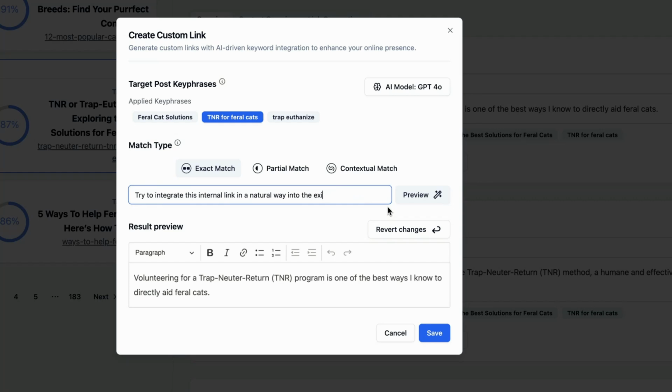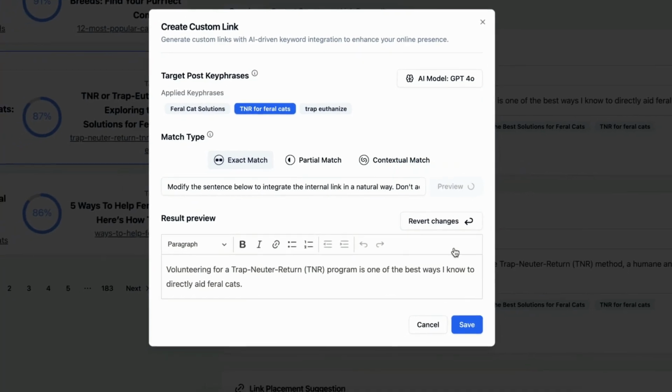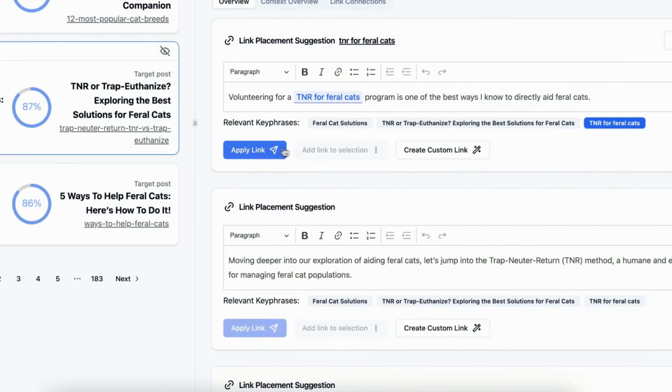Maybe we say modify the sentence below to integrate the internal link in a natural way. Don't add a new sentence. And then click preview again and see what's going to happen. Yes, so it essentially modified the existing sentence and now says volunteering for a TNR for feral cats program, which is our anchor text key phrase that we chose, an exact match, and it looks pretty good. Then just click save, apply link,